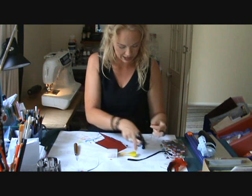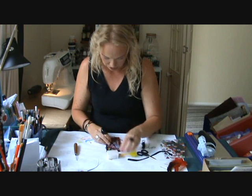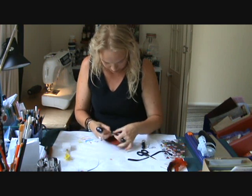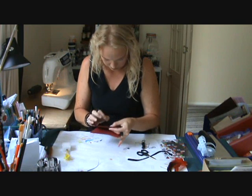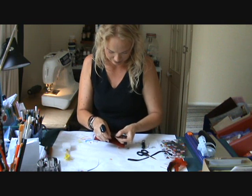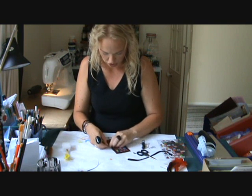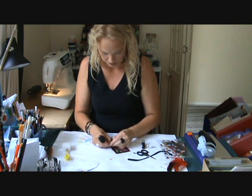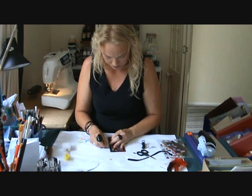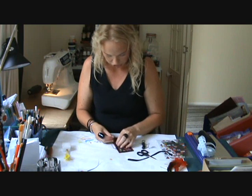Just snip off a bit of that, and I'm just going to wrap that around the brad like this, tie a little knot, and now thread my little charm through,